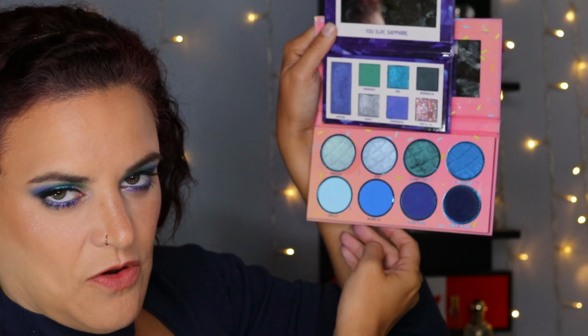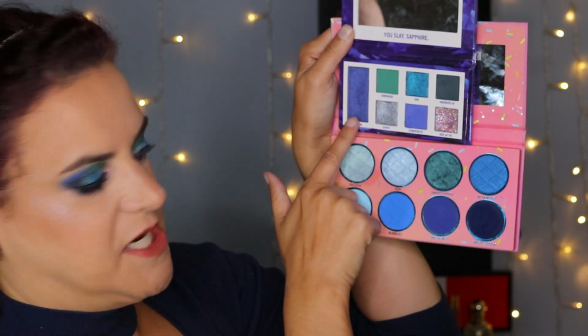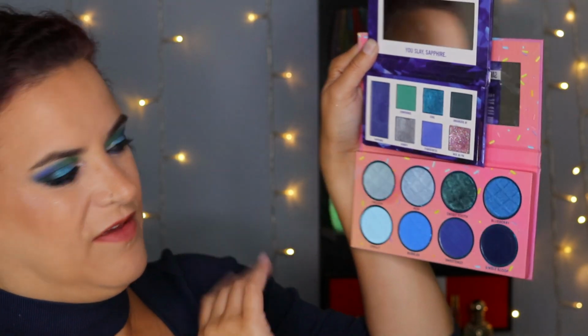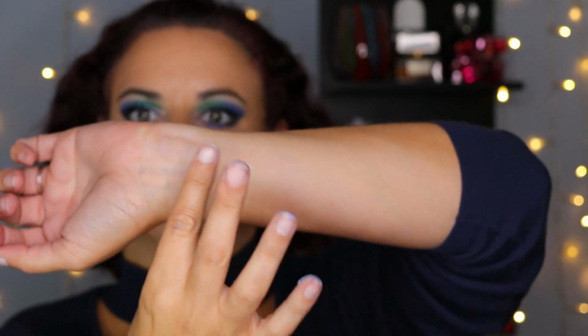Not really seeing any overlap, to be honest, but for the sake of the exercise, I'm going to compare this shade here with this one called Blueberry, and I'll compare Sporty with Pop over here, although I think they're going to look different upon application. Definitely different shades. So up first, this one here is Sapphire,